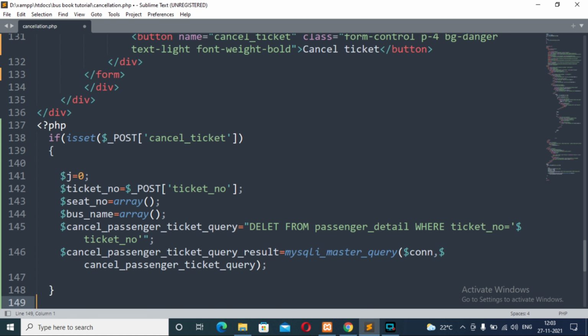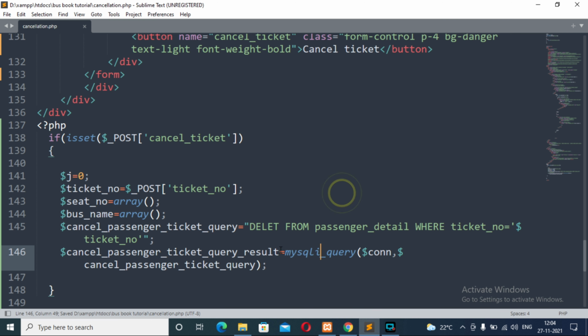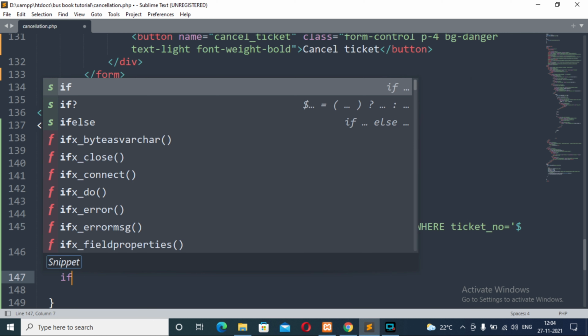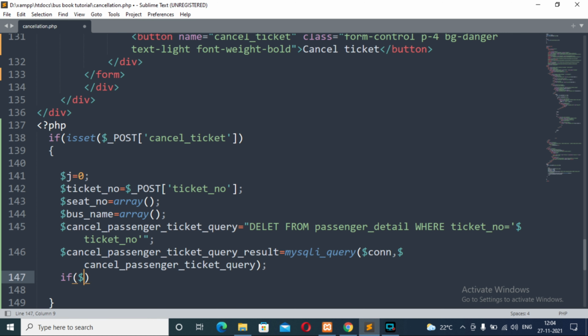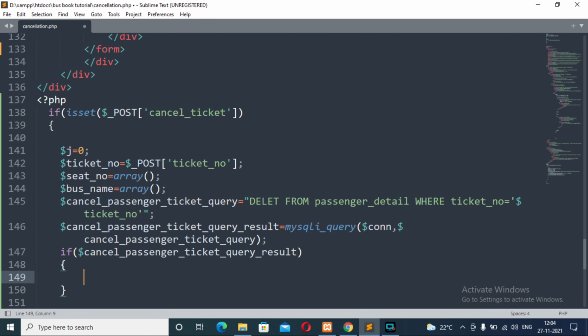Now if cancel passenger ticket query result gives true value or 1, then we will have